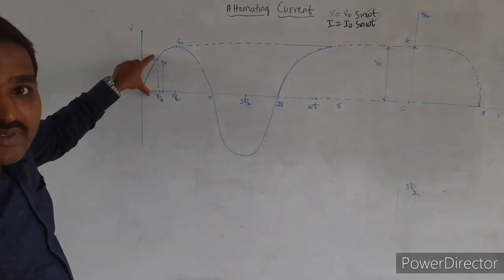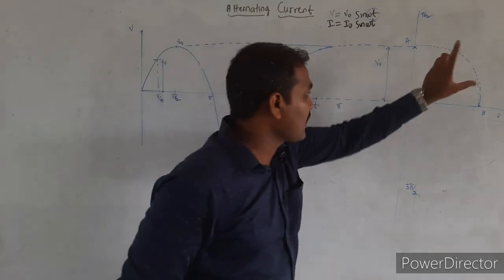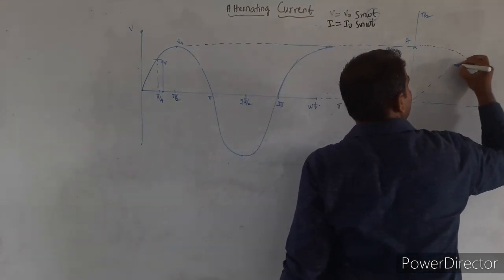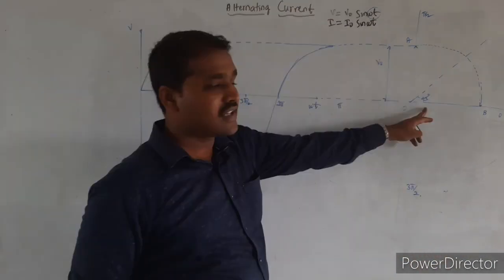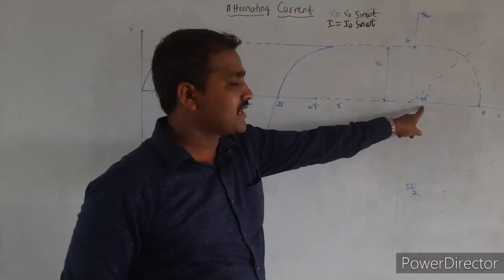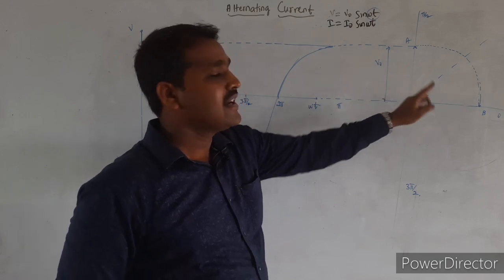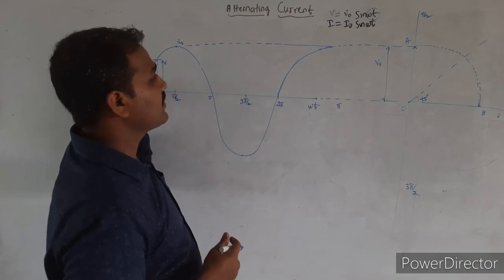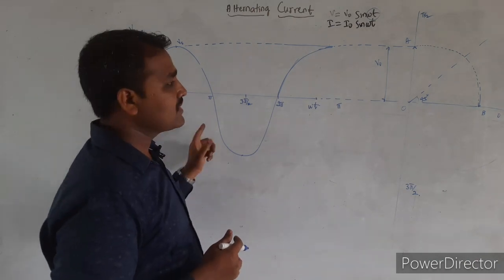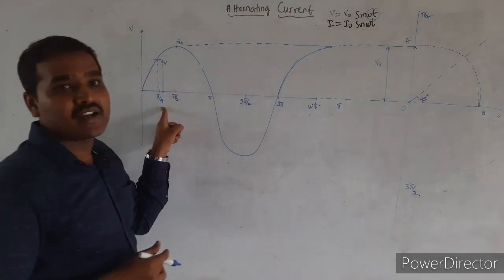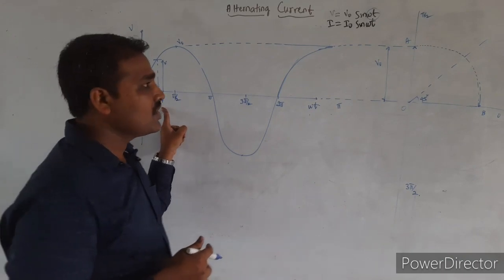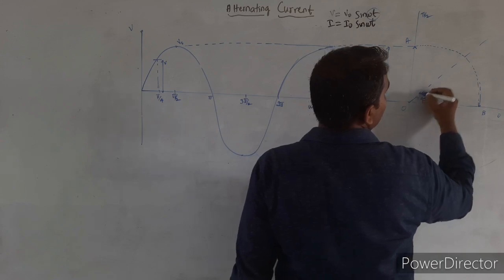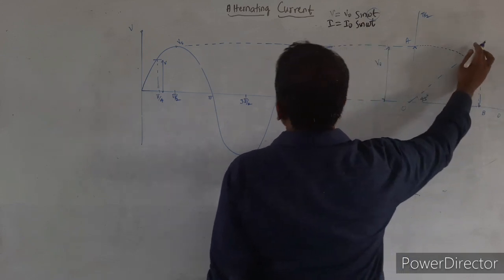And how to get this value of instantaneous voltage in this graph? For that, I will draw a line at a given angle. The angle's value can be anything. For example, I am taking 45 degrees here. It can be 60 degrees. It can be 30 degrees. For different values of phase angles, I will have different values of voltages. For understanding purpose, now we shall take omega t is equal to pi by 4 radians or 45 degrees. When it is 45 degrees, I will just draw a line of 45 degrees here.